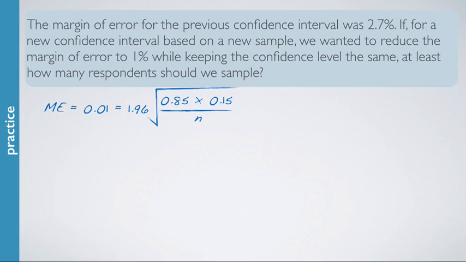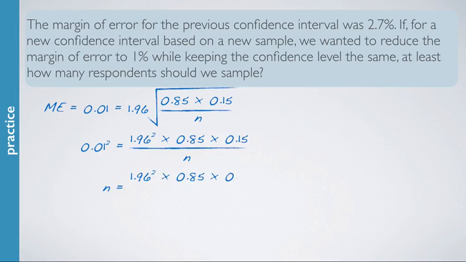In order to get the sample size out of this equation and solve for it, I can first square both sides, shuffling things around. Note that here I'm using the decimal point version, so 0.01 as opposed to 1 for 1%, and this yields a sample size of